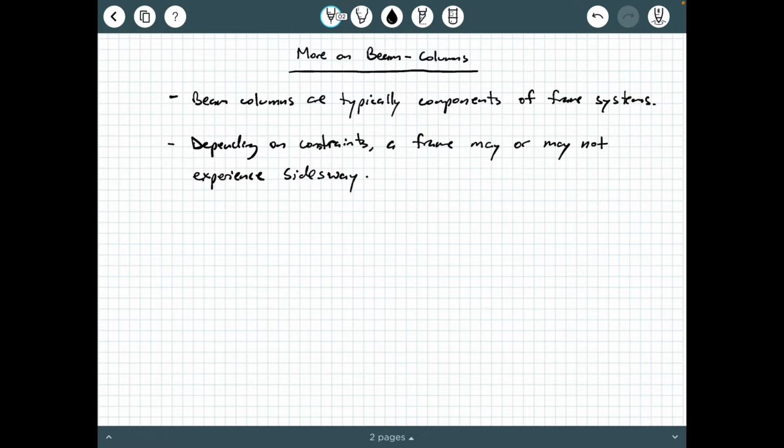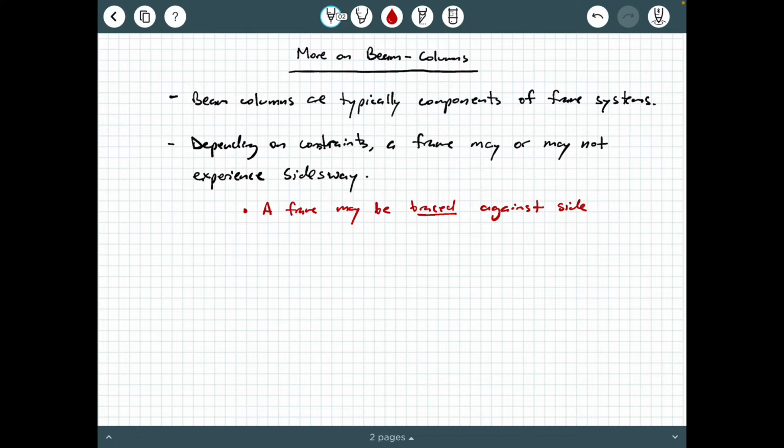Okay. And a little more specifically, we can have the following: a frame may be braced